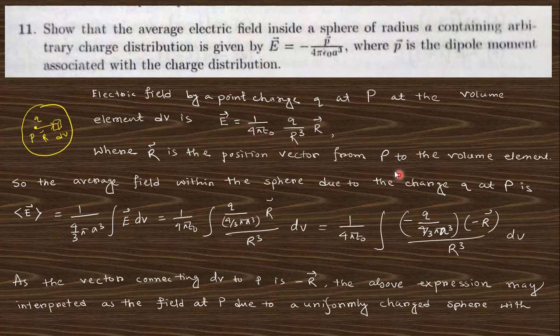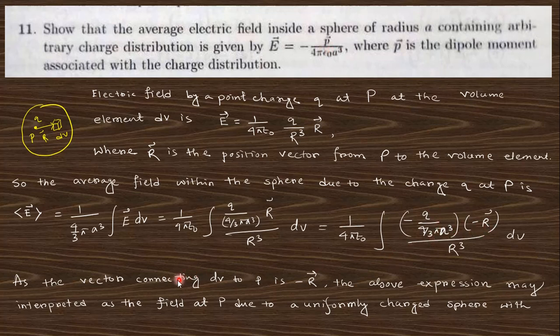Now if we consider the charge density rho, the average field will be 1 by the total volume, and integrate over the volume. This was a small volume, so in total we integrate over the volume, and this is the total volume, so this will be the average electric field. So this can be rearranged like that, using this value of the electric field, and taking 2 minus here, such that we can prove this formula actually.